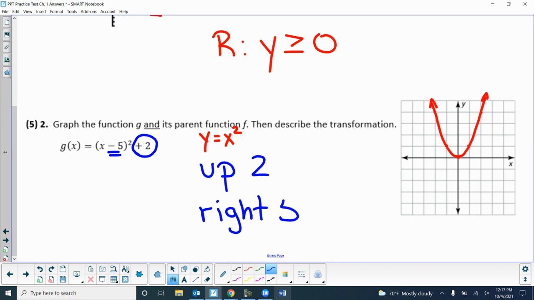Questions on y, up 2 and right 5. And then we're supposed to graph that. Okay? So if I go up 2 and right 5, I think I'm here, right? 1, 2, 3, 4, 5. Yeah. So there's the vertex, the bottom of my